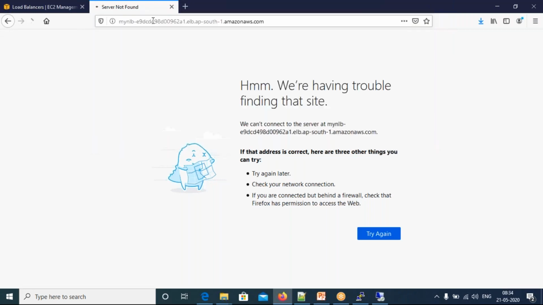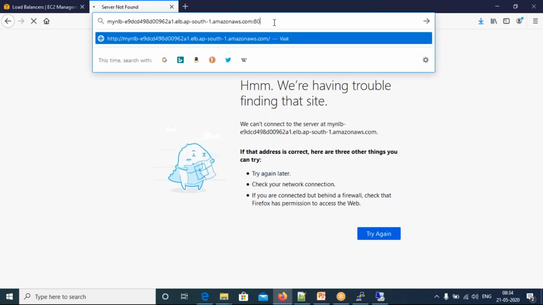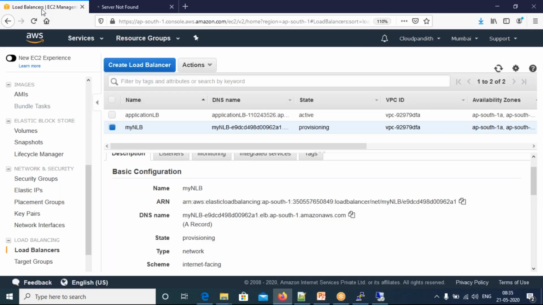But here you are just checking. See, let's say you have multiple URLs. You can put port 80 here and the next URL port 8080. So some traffic will go to port 80, some traffic will go to port 8080, based on the requirement. That's how you are going to direct your traffic, so instead of putting entire pressure on one target.